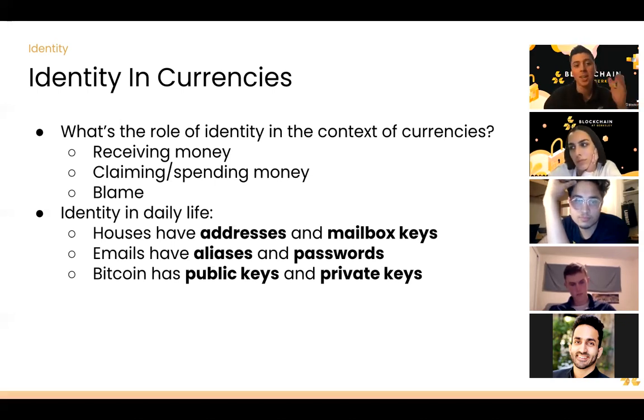On the other side of that, we see claiming and spending money. If I want to claim the money that someone gives me, I need to be able to verify that I'm actually the intended recipient of this money. And finally, in terms of blame: because blockchain is run by a bunch of different people in a giant network of nodes or devices, if someone acts up and does something wrong, we need to be able to identify who is acting maliciously and who we need to either remove from the network, or take some kind of disciplinary action against.